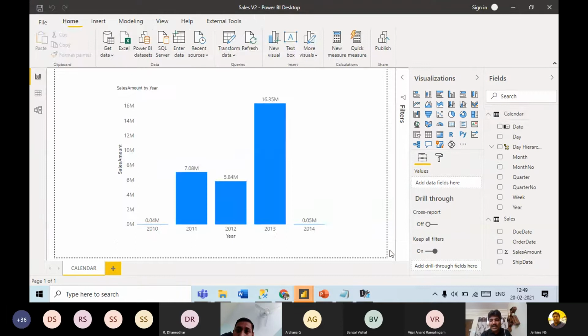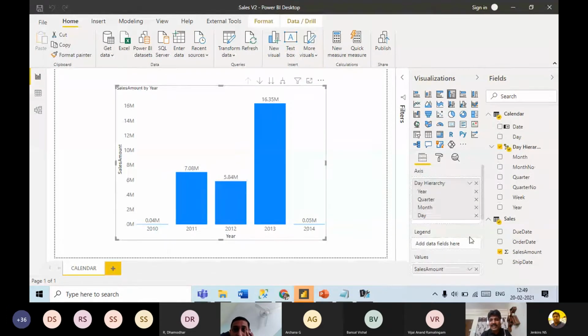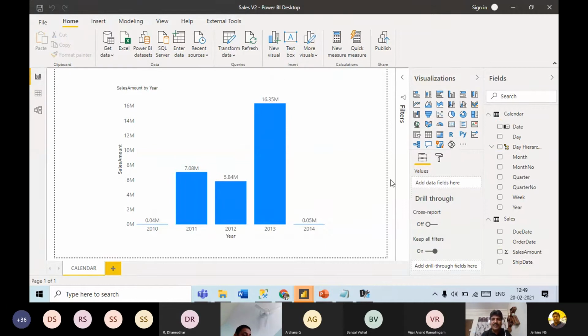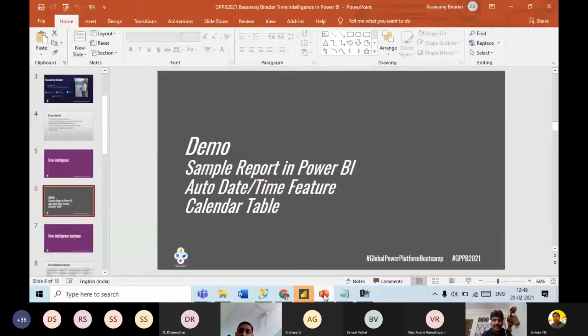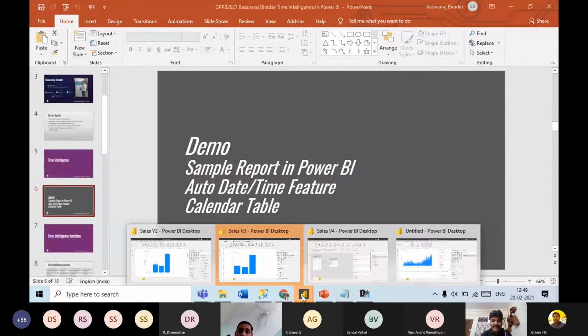Now if you have a table like this and you build a relation, then you can put just this date column on the x axis, and then you can have the sum of sales amount for the ship date and for the order date. So all such things can be achieved by using a date table, but it is not possible if we are using built-in hidden tables. Okay, so that is the reason we should always go with a calendar table.